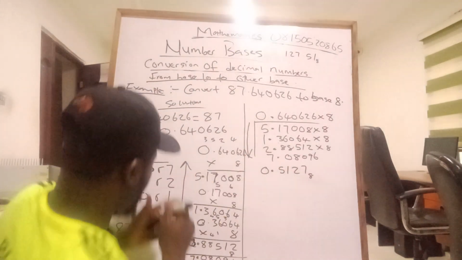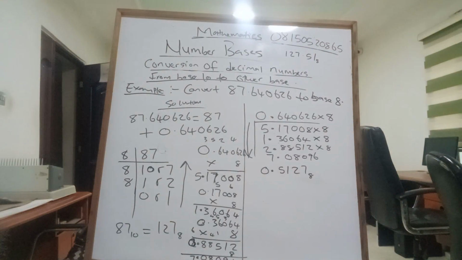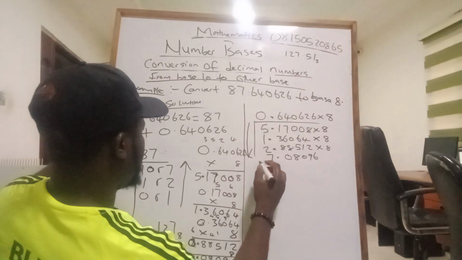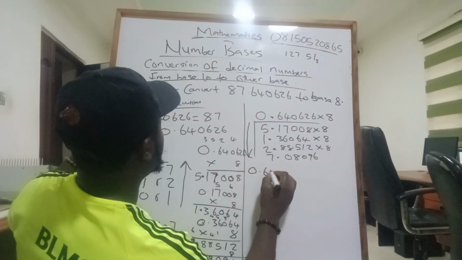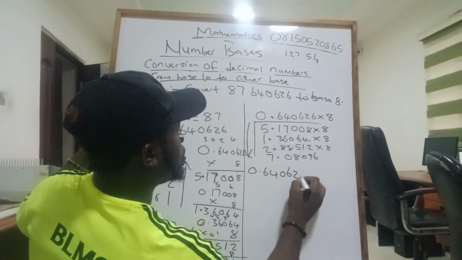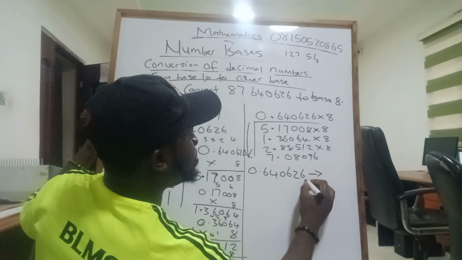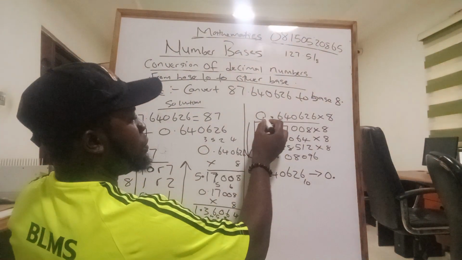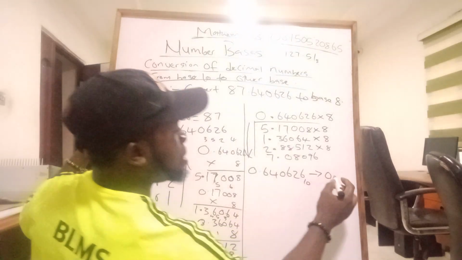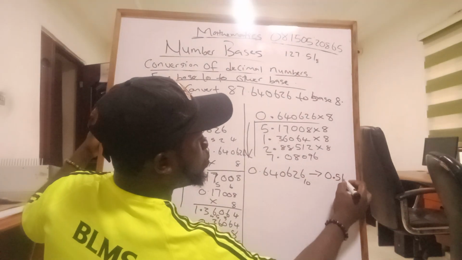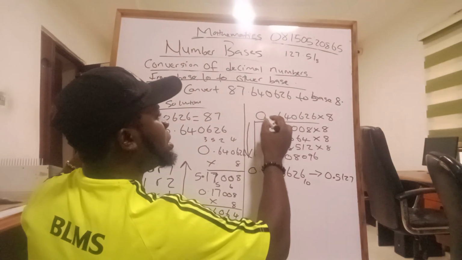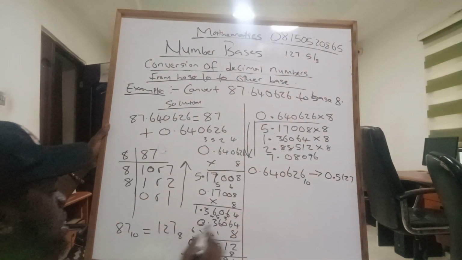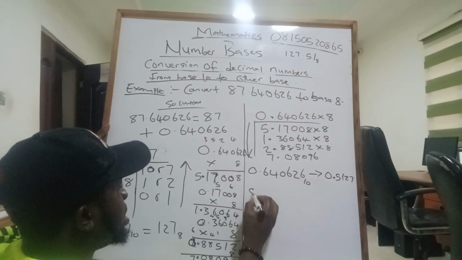Let me write it properly so that you understand: 0.640626 in base 10 is equal to 0.5127. So if you now join it with this one,